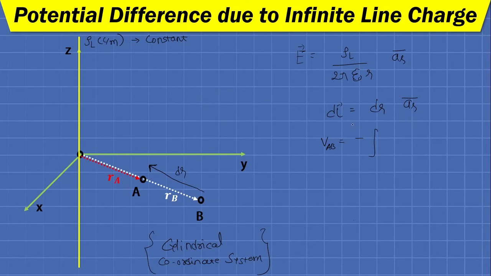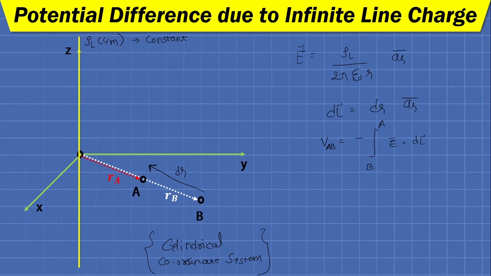Fine, either the field is diverging or converging, that doesn't matter, but in any case, if we want to move some charge from one point to another, then we must do the work in opposite to the field. So we are moving the charge from point B to point A, E bar dot dL bar. You can also consider some general point, because at the time of the dot product, only aR dot aR will be non-zero. aR dot aPhi bar and aR dot aZ bar will always be 0.